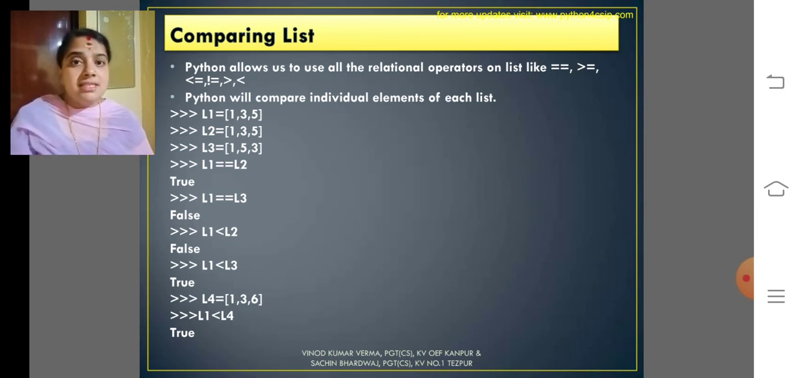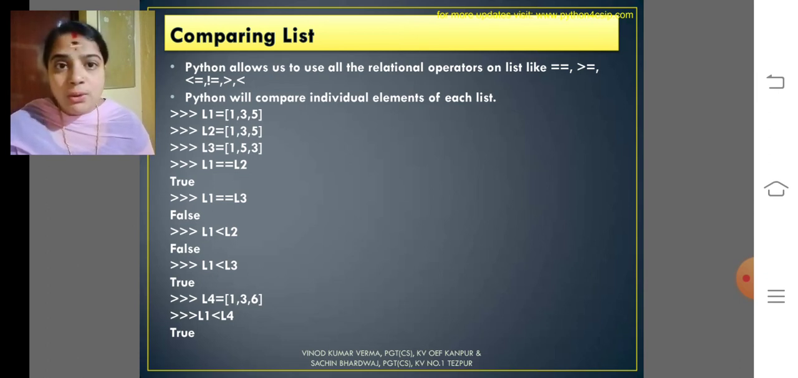Then comparing the list. We can also use the comparison operators like less than, greater than, equal to, not equal to. Those 6 relational operators we can use with a list. Here I had enclosed 3 lists with the same values 1, 3, 5, but in the last list I am using 1, 5, 3. If you are checking L1 equal to L2, it will return true. And if you are checking L1 equal to L3, even though both lists have the same elements but at different indexes, it will return